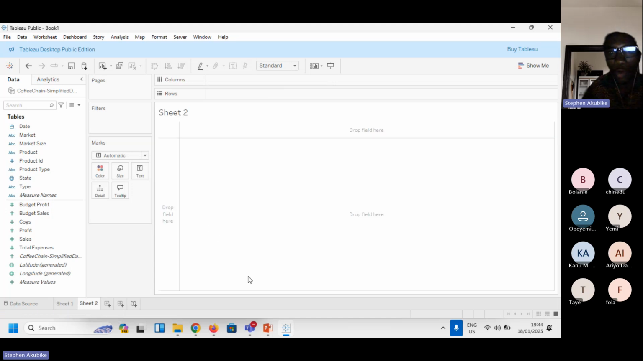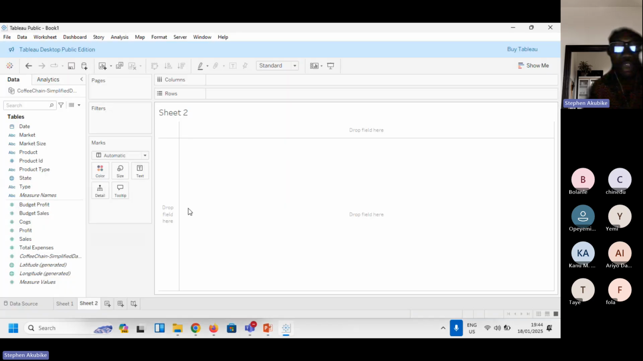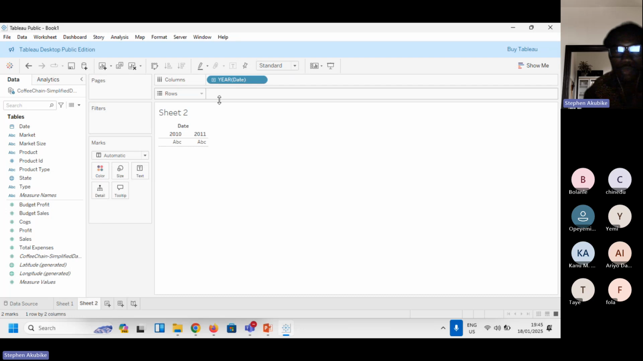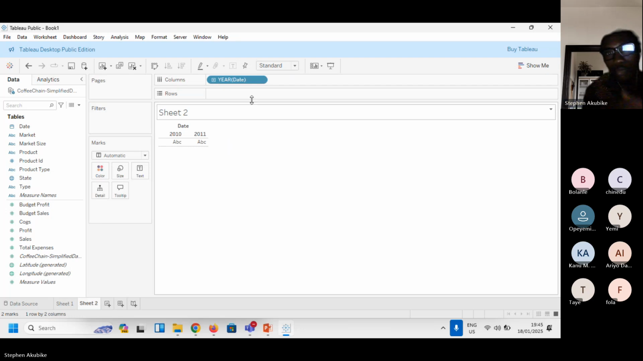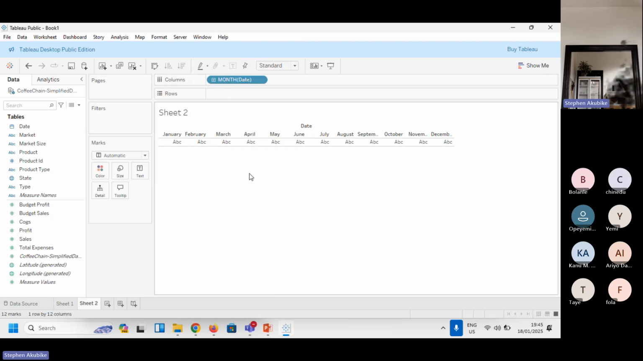So when you click on the plus, the second one says the monthly sales fluctuation, which is the monthly sales trend. So you want to take your dates, that is where you have your months. Take your dates and take it to columns. This is what you will have. When you put your date on column, you're going to have the year, but you want the month. So you click on this arrow, you see the arrow in your date. When you click on it, you go to months, select months, and then you have your dates from January to